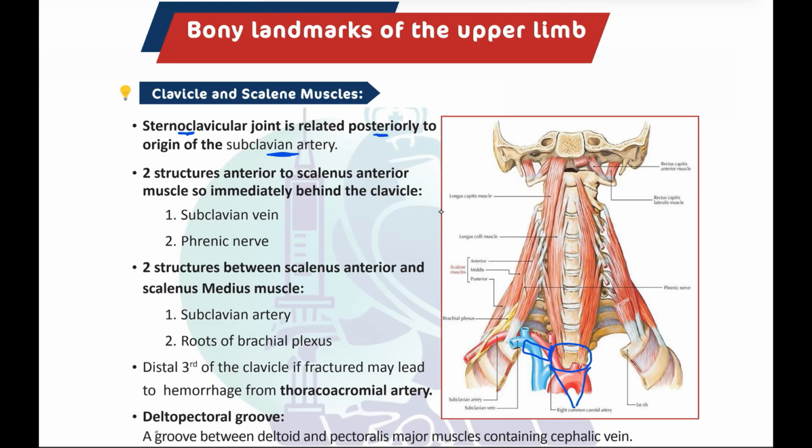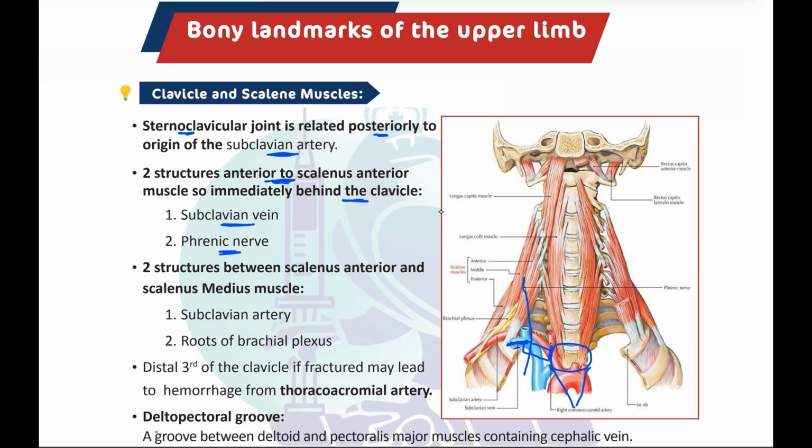Then two structures which are anterior to the anterior scalene but behind the clavicle. So here we have the anterior scalene muscle. This is the middle scalene muscle. Now, what are the structures which are present between the clavicle and the anterior scalene? We have the subclavian vein and the phrenic nerve. As you could appreciate, the phrenic nerve will be coming down like this, and here we have the subclavian vein,